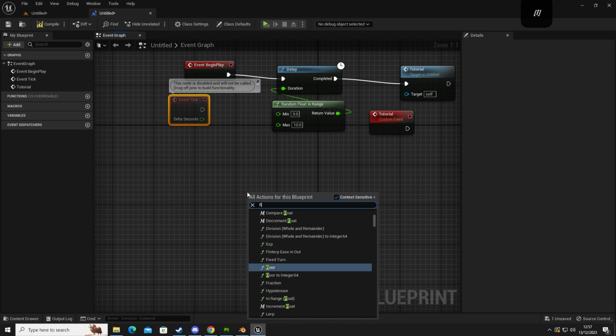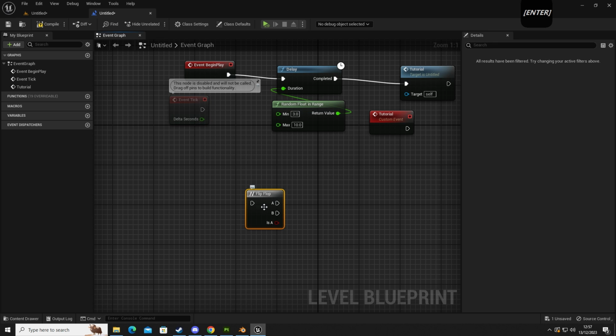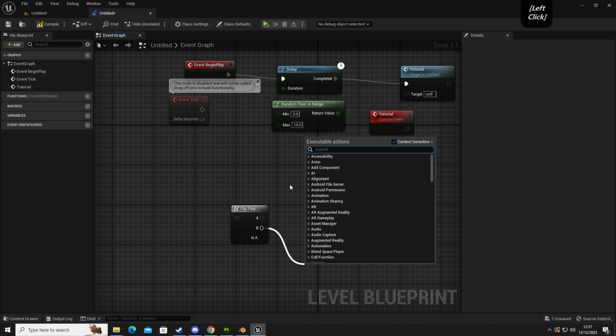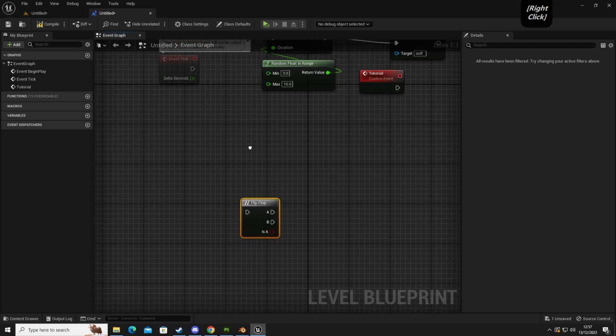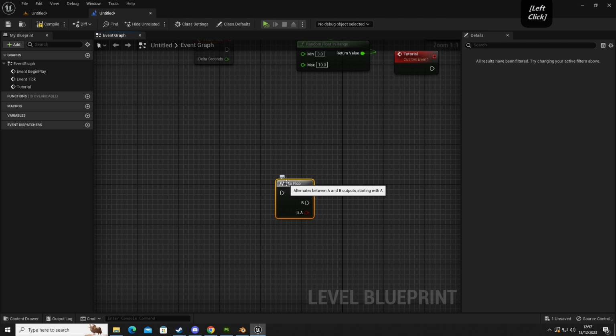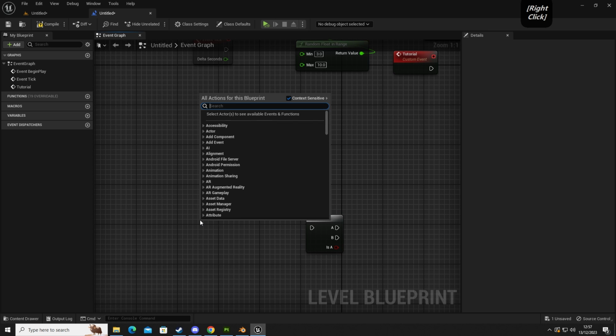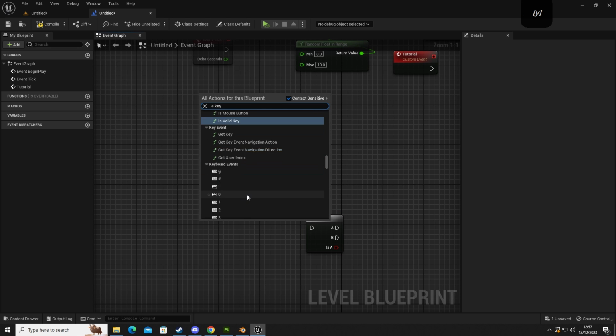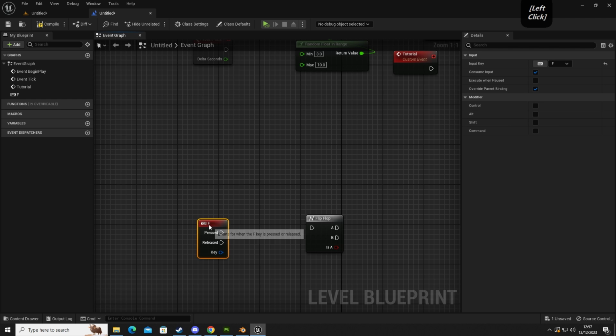We're going to get a flip-flop. Now, it has a funny name, but it also has a good use. So this one can be used for things like flashlights. You would have on and off. A good way to set up a flashlight in your first person or third person character is you would have an E key event or an F key. Let's go with F. So let's say in your first person character or third person character, whatever you're making,